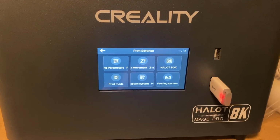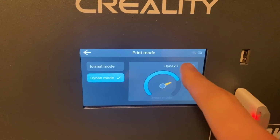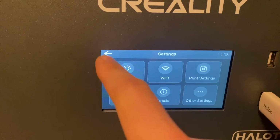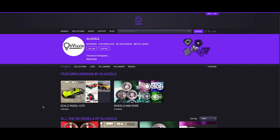Creality sent out a bottle of their new fast resin for me to use and also to showcase Dynax mode. Dynax mode is basically just the red key in your Dodge Challenger Hellcat, giving you all the power the machine has and giving it the speed that you want it to use. So if you want to use it at full capacity, be sure to turn on Dynax mode,